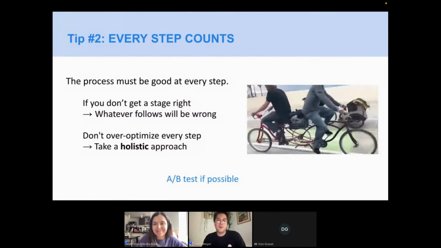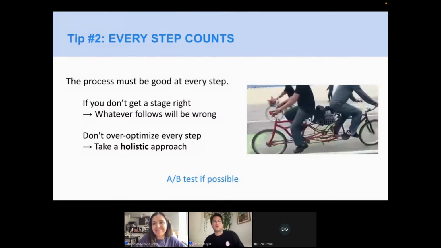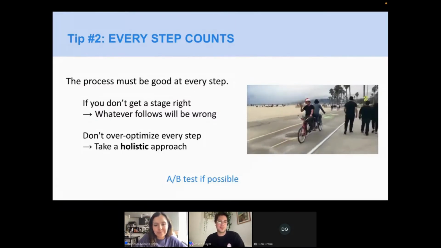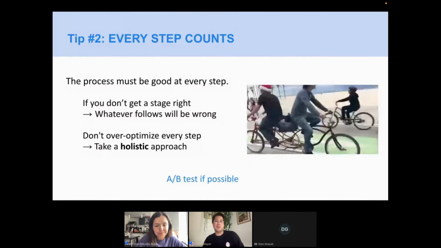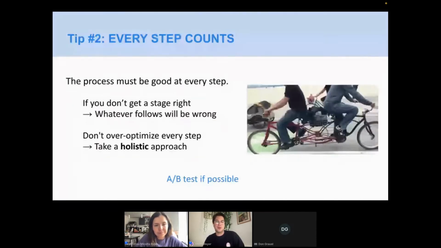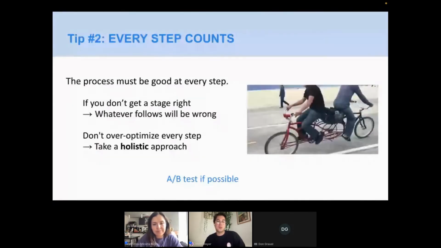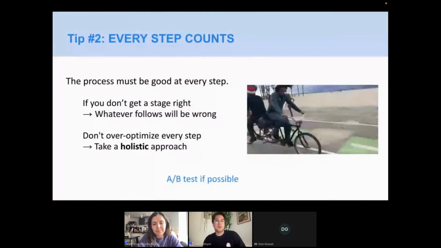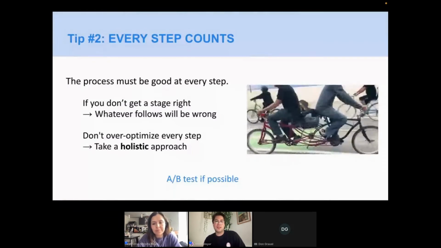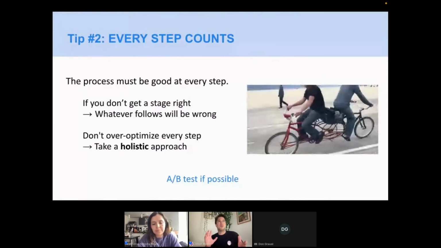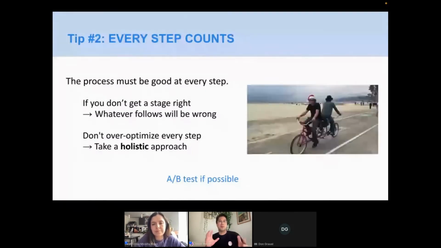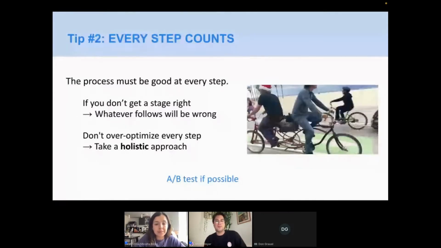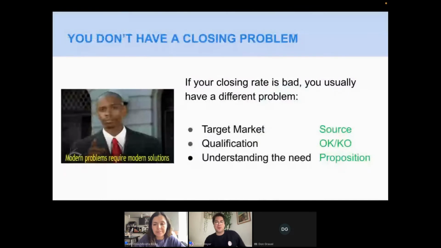Well, what I think is that we're going to go through several steps right now on how to build an effective sales process. Every step that you take, from defining your ideal target to your messaging to the tools that you use, has to be, let's say, in harmony with each other. So every step will count. And again, always remember, we give you advice, but also see how it adapts to your business as well.